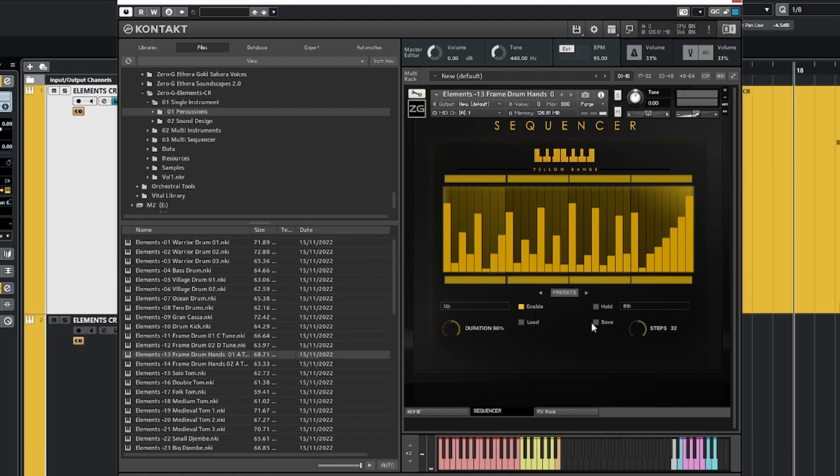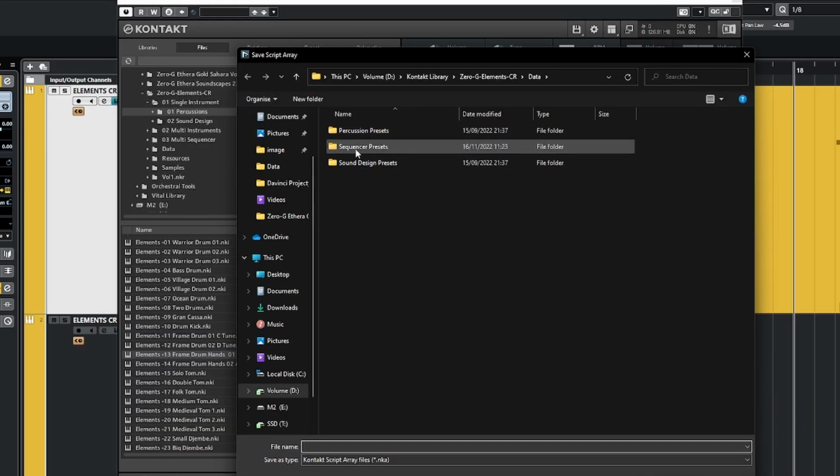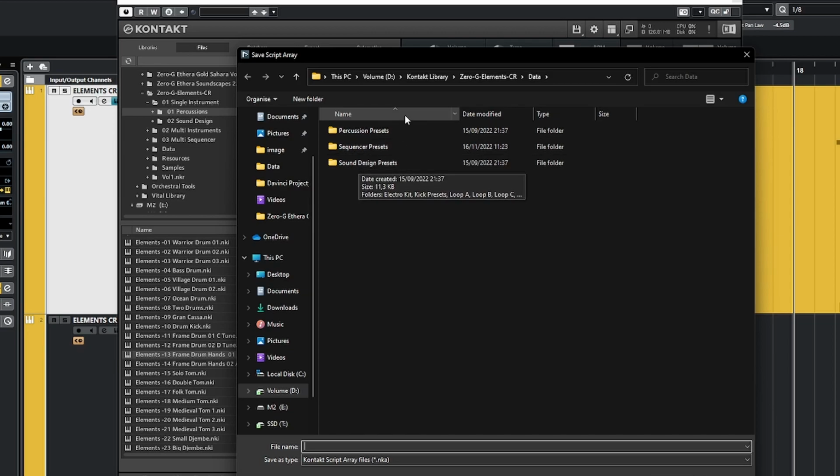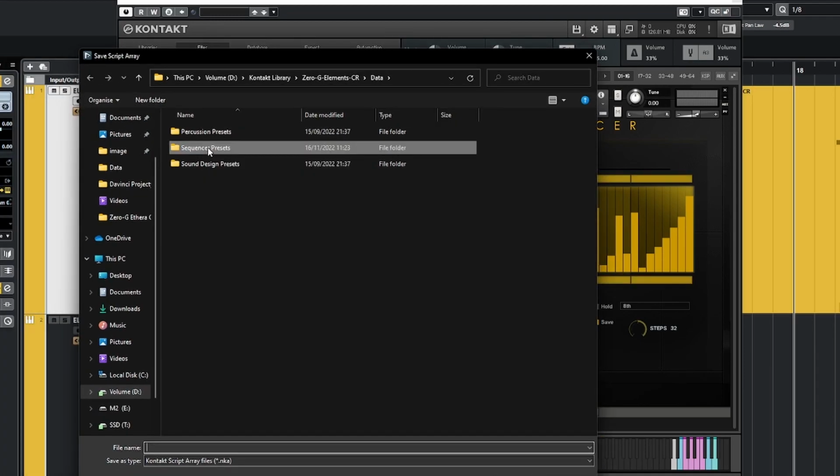When I click on save, this window will open, and you can see percussion presets, sequencer presets, and sound design presets. Of course, I have to select sequencer presets now because I want to save the preset of this tab of the sequencer. So I have to click on sequencer presets.